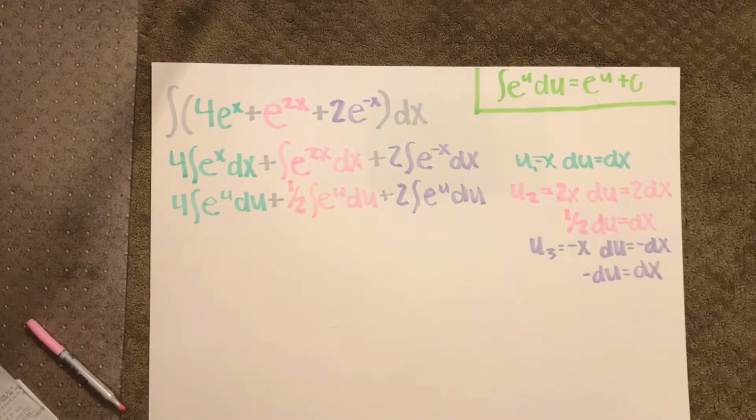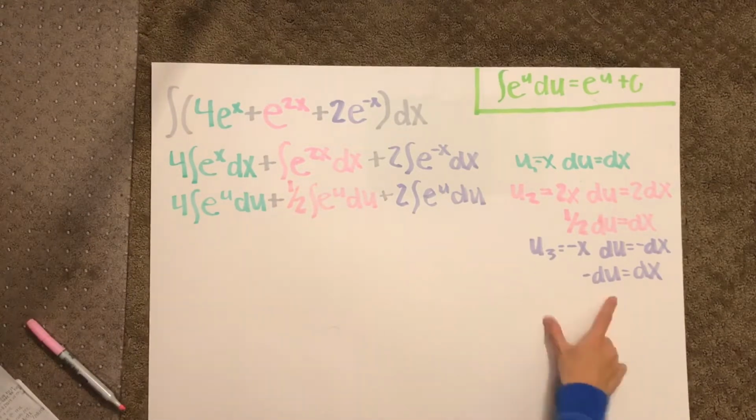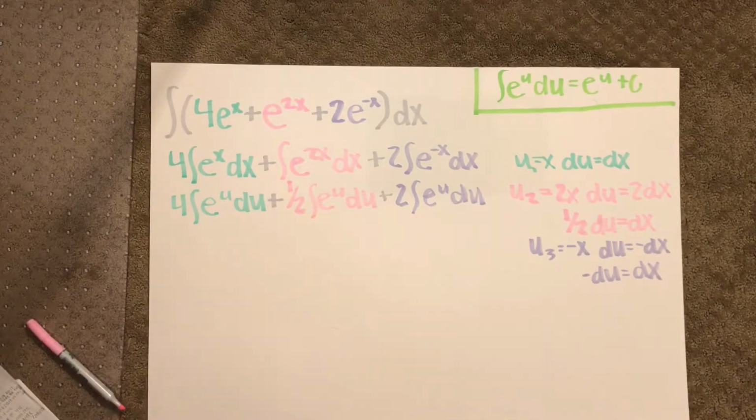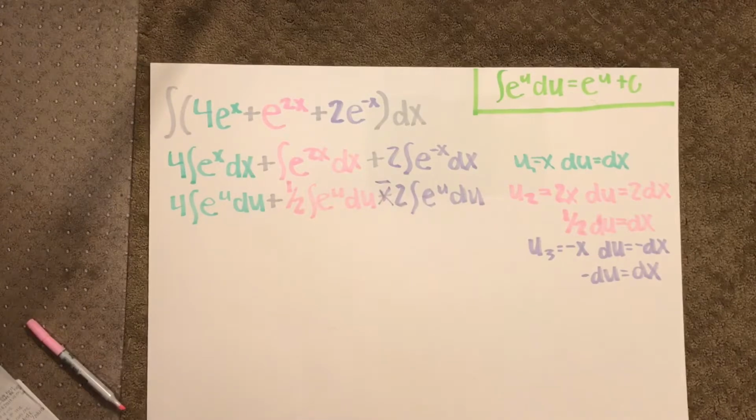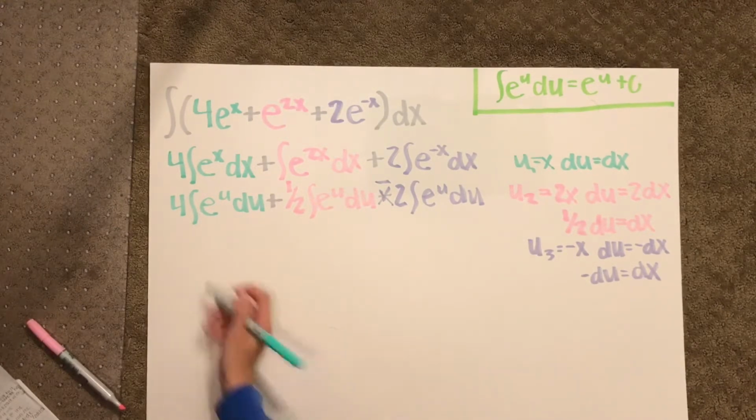So now we'll notice that since we had a negative in this case, this is actually going to change and be a negative, or a subtraction sign. And so now when we rewrite this, it'll be